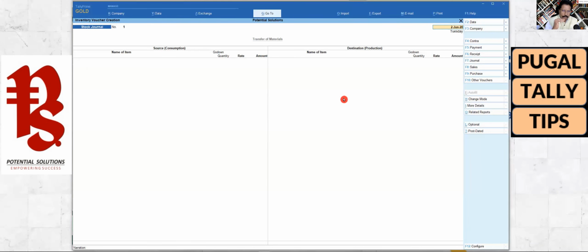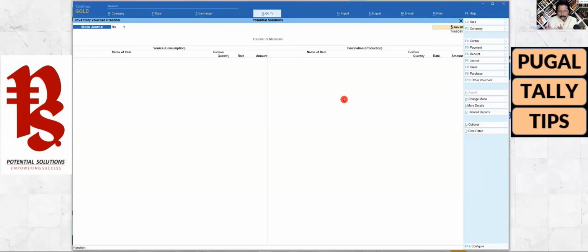Delivery note is to move the material out of your organization, so that the quantity of the stock is going to reduce after you pass your delivery note. Receipt note is going to allow the material to come into your books of account, so that after you pass your receipt note, the quantity of the item is going to increase by the quantity that you have recorded in your receipt note.